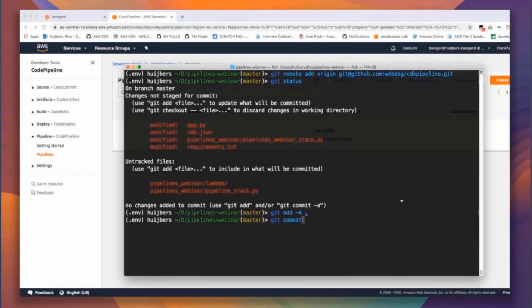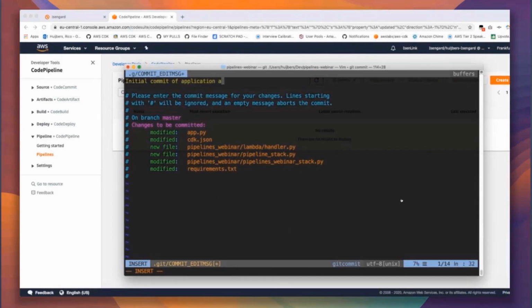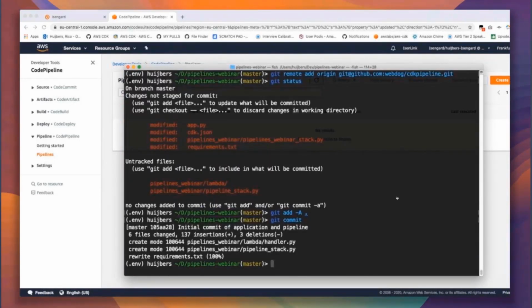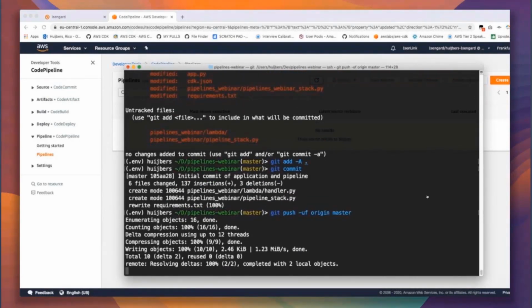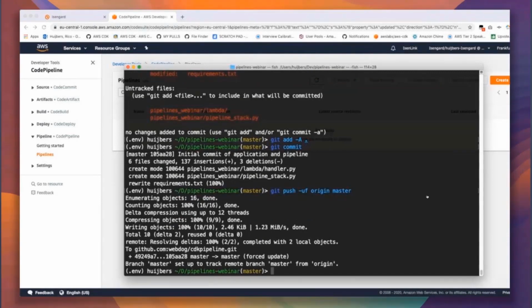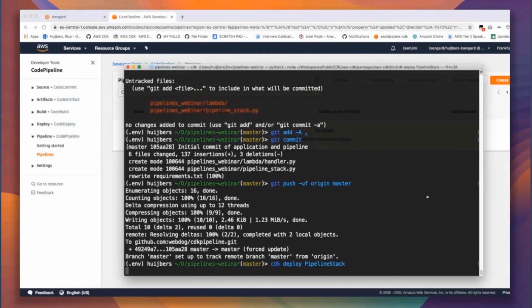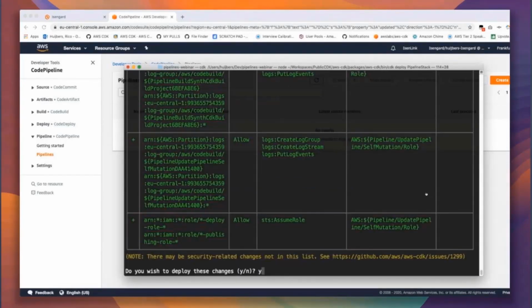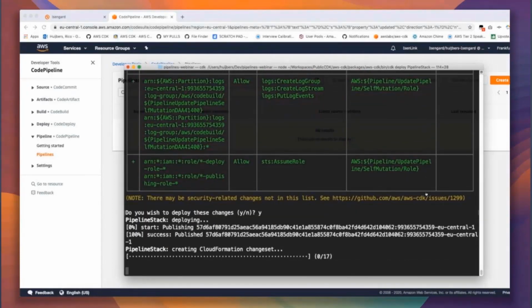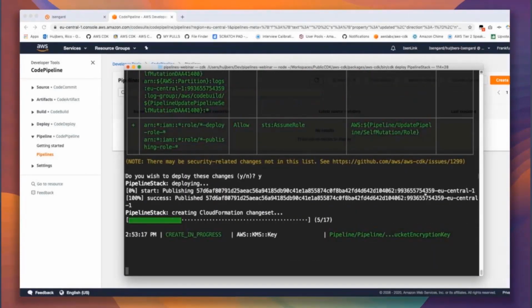Before I deploy the pipeline for the very first time, it's important that I commit and push the source that I just wrote to the Git repository. Because as soon as the pipeline's been created, it's going to start running, check out the source, and it's going to self-mutate. And it better self-mutate to the right state, the state it's already in, because otherwise it might break itself. So I push first, right? I did that, and now I can go on and CDK deploy that pipeline stack. CDK CLI is going to tell me a bunch of roles and permissions it's going to create. I trust it, so I say yes. And I will do the deployment